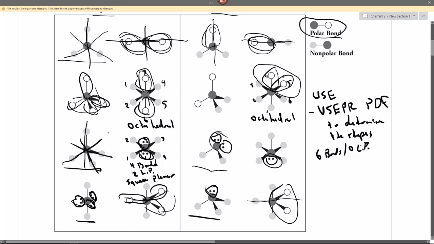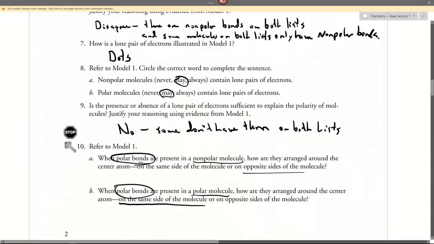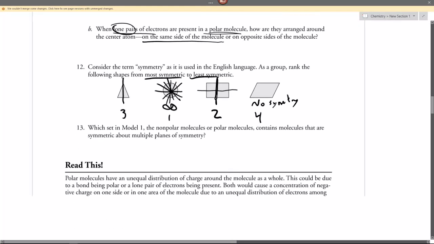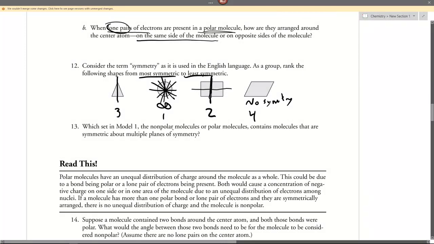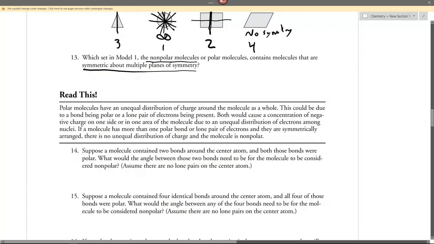So it looks like my nonpolar ones look that way. So nonpolar molecules have symmetry around multiple planes. Okay, that's important. That's how we tell the difference between the polar molecules and the nonpolar ones. Okay,